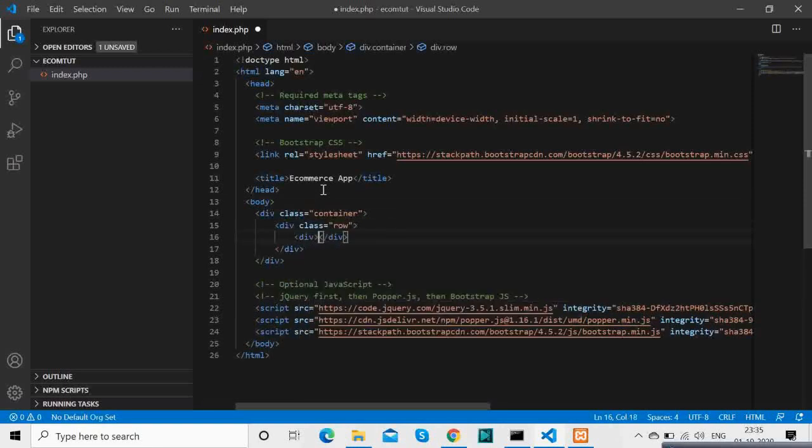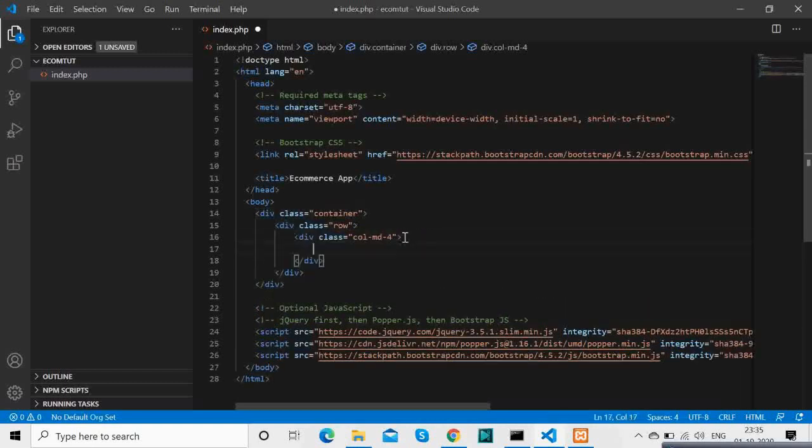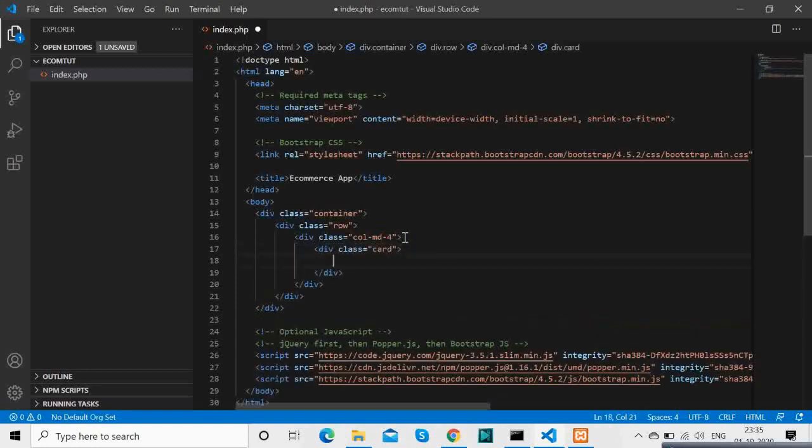Okay, so now what we are doing is we are getting the row and the columns. Okay, if you are not getting what this is, it's actually the Bootstrap grid. So if you go to Bootstrap and search, we have a separate dedicated video on Bootstrap, if you can go and check that. But here, this is the Bootstrap grid and we are getting the card element. Okay, card component. So basically we are designing a card which will display the product.